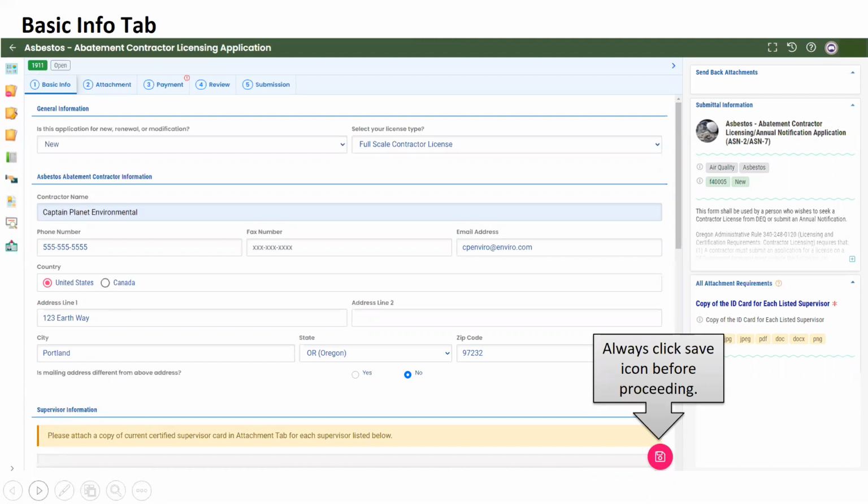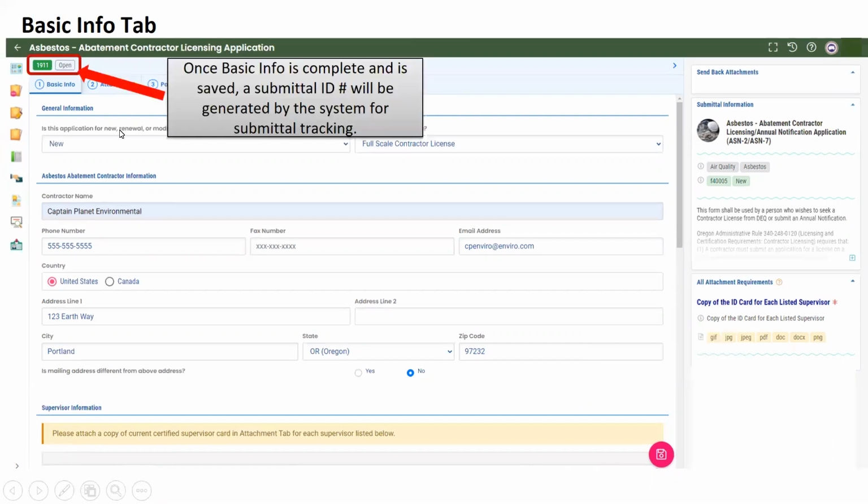Once you hit that save, it'll give you this submittal ID number that you'll then use when you go to this folder for how do I track my submittal and find out what the status of it is. You'll use that same number to follow through to find out where in the process your license application is.